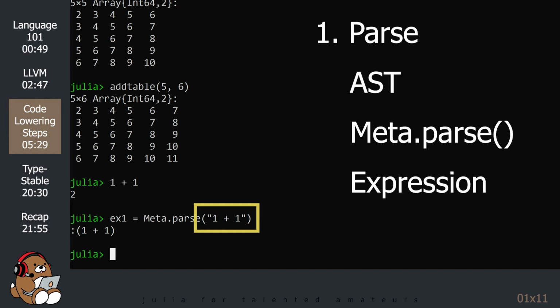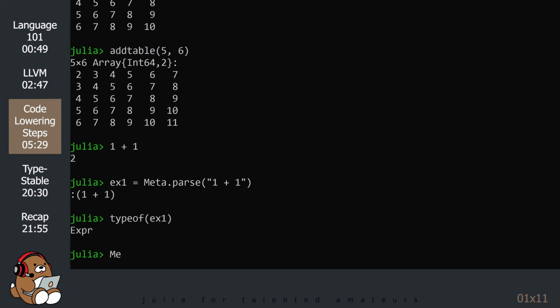Note that the argument to the Meta.parse function was entered as a string. The result looks like a symbol due to the colon, but the result is actually a new data type called an expression. You can confirm the data type of the expression by using the typeof function. You can confirm that whitespace doesn't matter by experimenting with the whitespace in between the quotes.